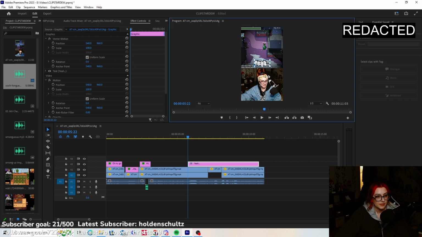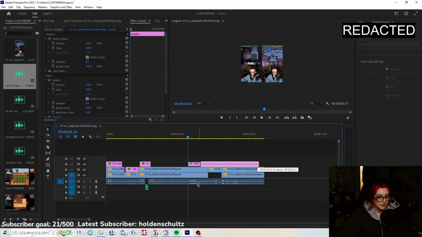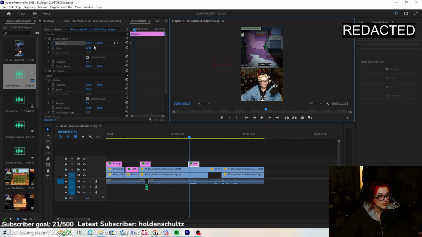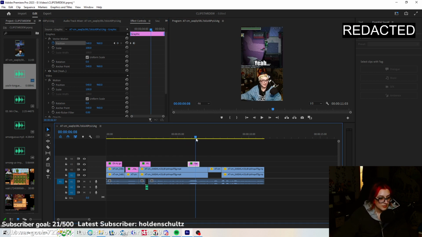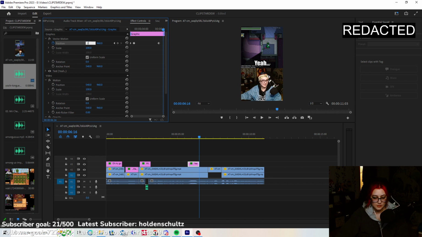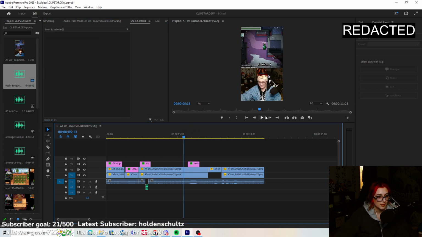And put that right there. That's centered. Boom. Again, you can tell where I'm talking because it's this chunk of audio right here. Position: negative 500, 1, 2, 3. 540 to center it. Right here, almost the end. And then the end, 2000, have it go off to the right.